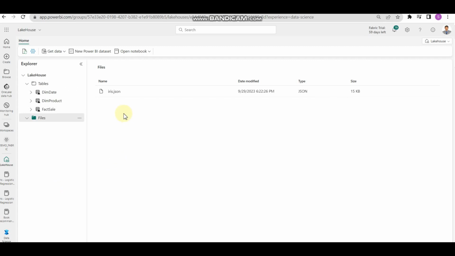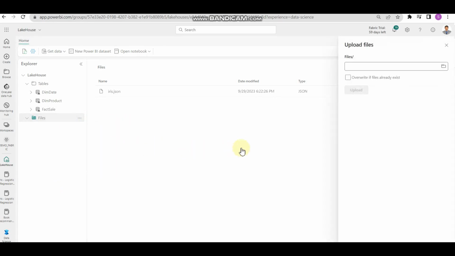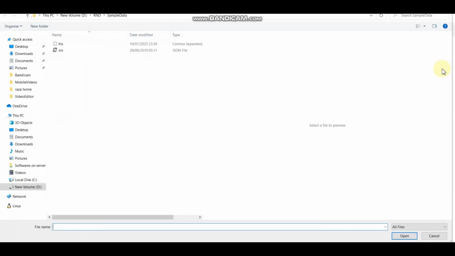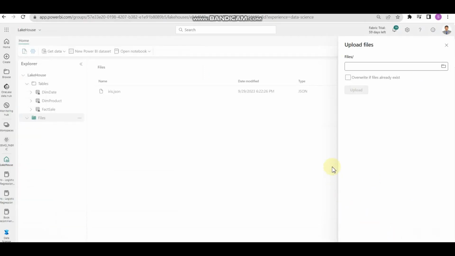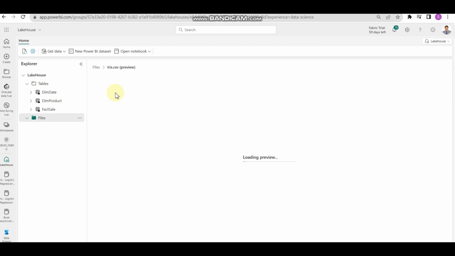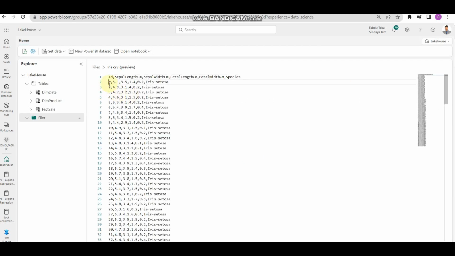In the lakehouse we have files, and I want to use another file like iris.csv. So I select this file iris.csv and let me upload it. Wait for a while. Yes, I will click upload, and here you see iris.csv is pushed into our lakehouse. So we successfully uploaded it, and now I need to go back to our